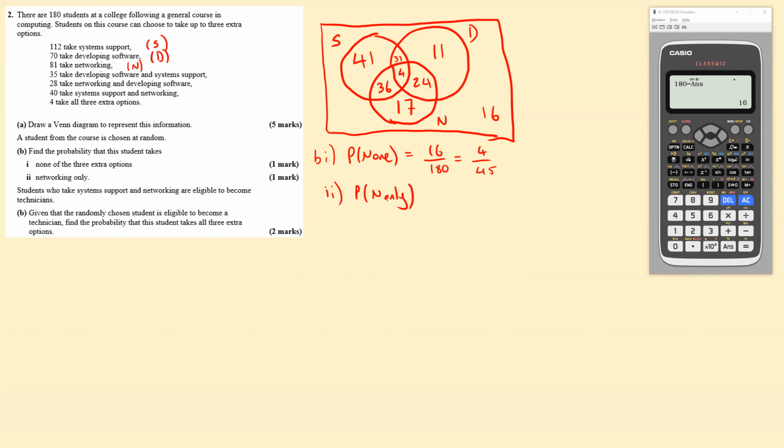So n only is, let's just put that like that, just so you can see, is 17 out of 180, which will simplify. And finally,